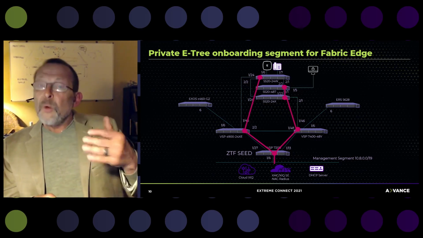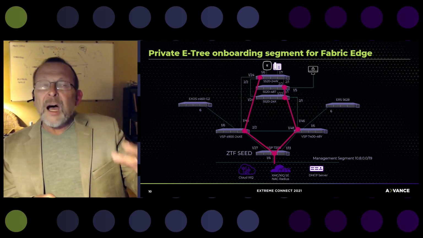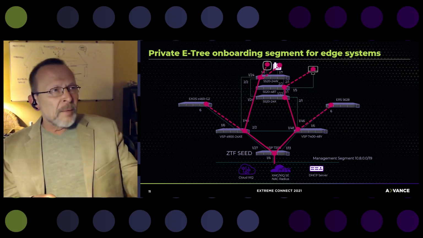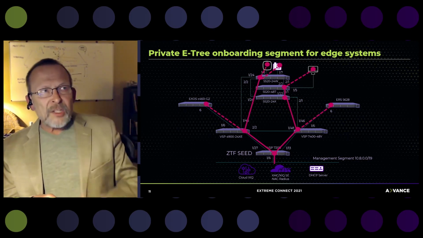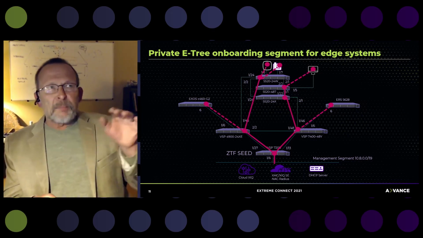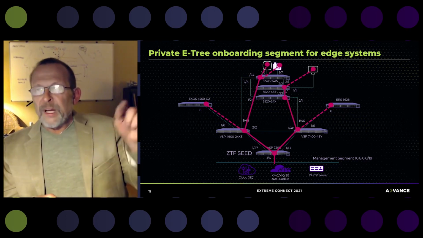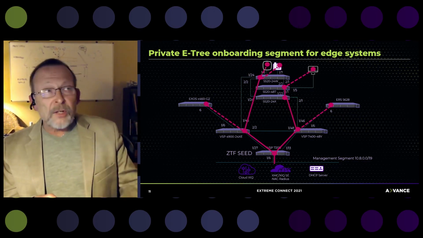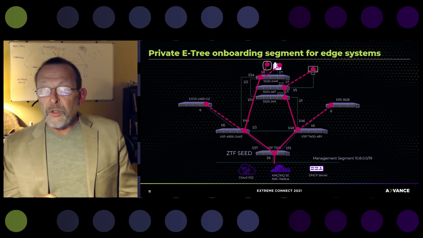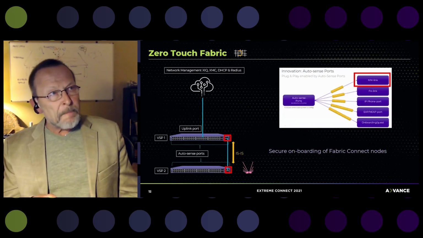Then they can go into a zero-touch provisioning onboarding process, and you'll see that process as these switches onboard into the environment. We can also extend that out from the E-tree I-SID out to the private VLAN environment where we can onboard the XOS and the ERS switch in the diagram, but you'll also see behaviors on how the private onboarding E-tree can behave in the onboarding of the wireless access point using Fabric attached, as well as our voice over IP phone and also an end user PC. So that's what we're going to talk about throughout this session.